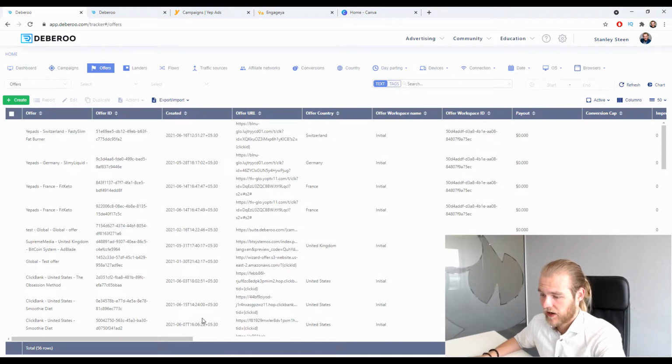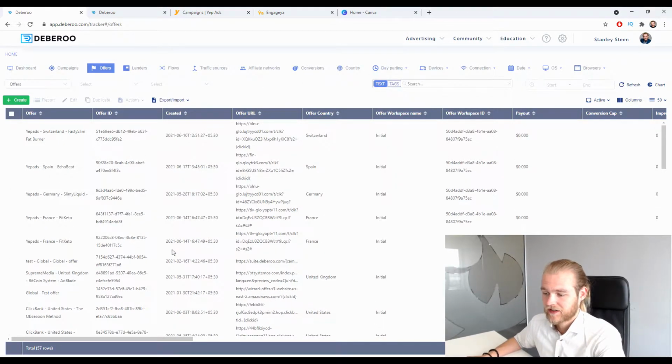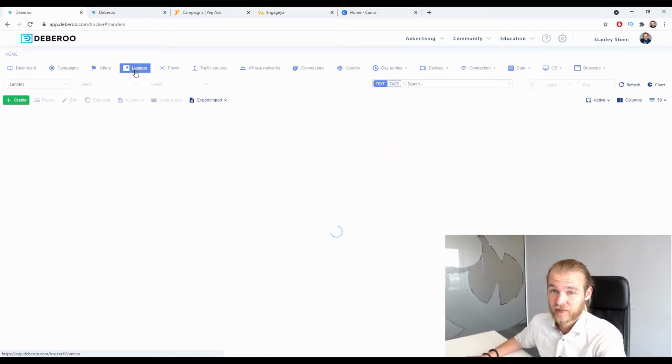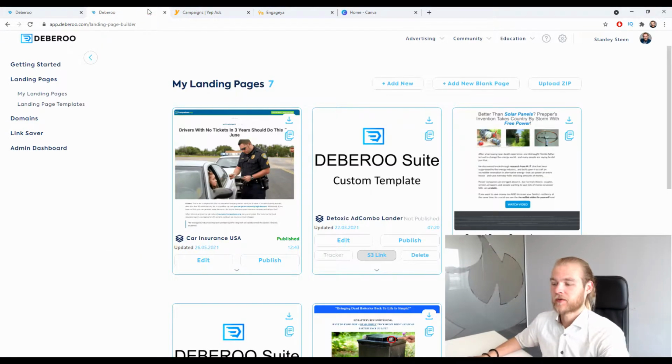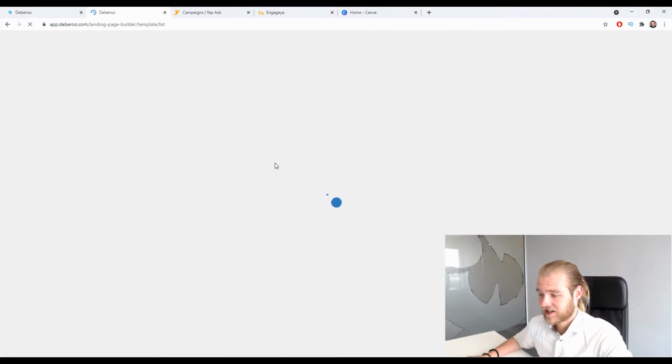And there we go, our offer is saved. Perfect. Next up, we are going to add our lander. But first we need to create a landing page, of course. So let's go to the Deberoo landing page builder, and we're going to take a look at the landing page